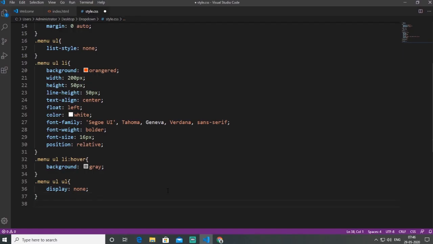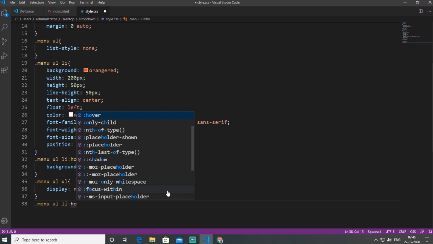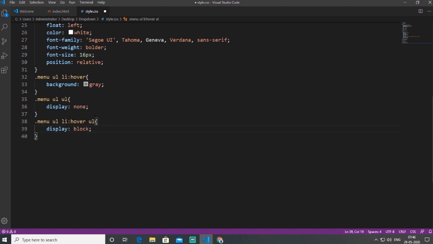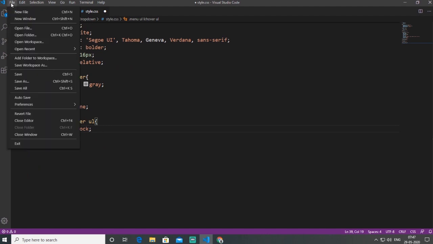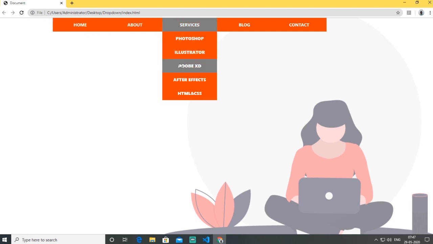And then after that, I style menu UL LI hover. When I hover over the LI, the UL will work like display block. So it's so easy to make a drop down menu like this. So I open my browser and refresh. Just look how it works.